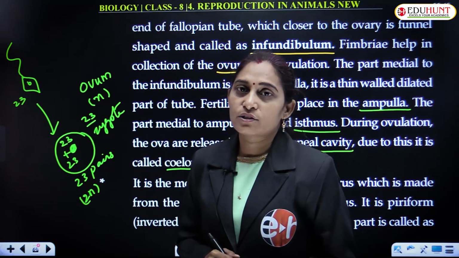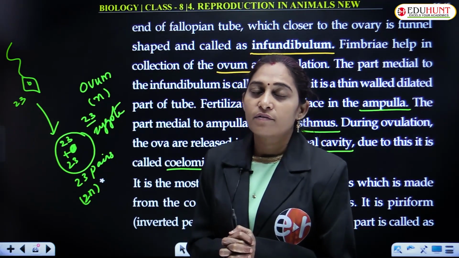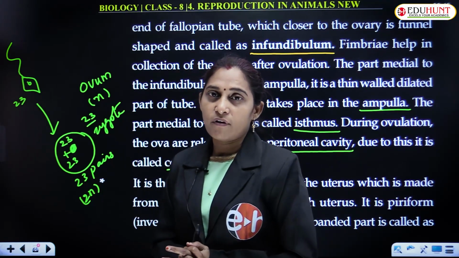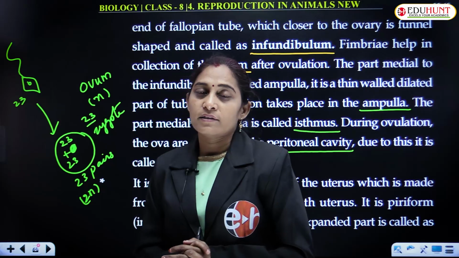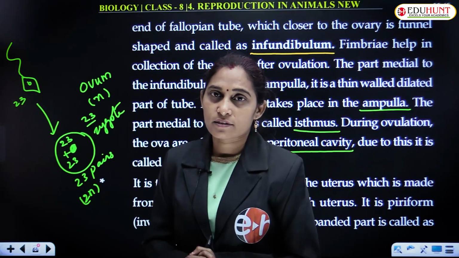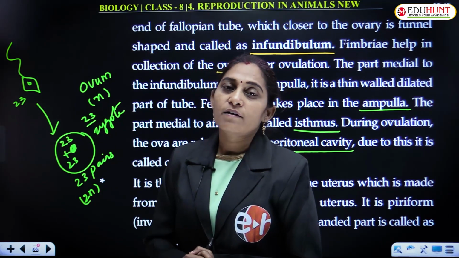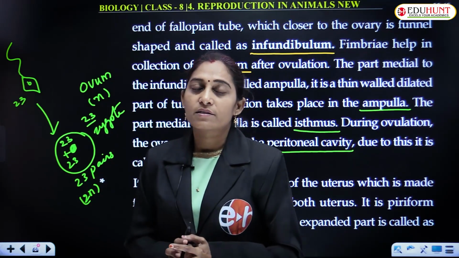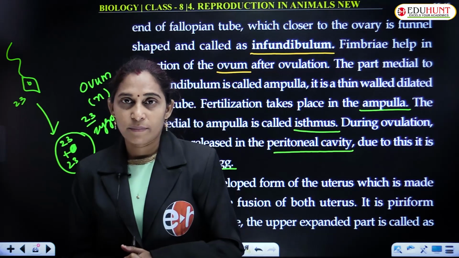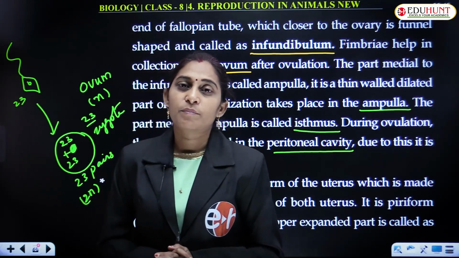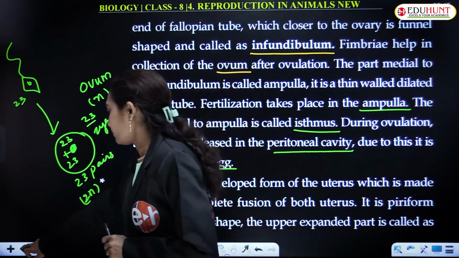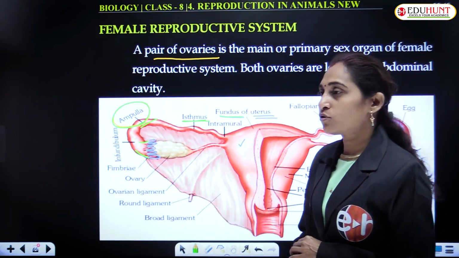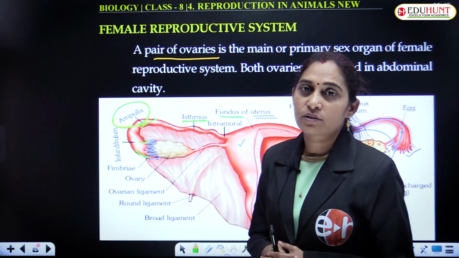This is the structure of the female reproductive system: the primary and secondary sexual organs, and the site of fertilization, that is the ampulla in the fallopian tube. These are quite common, basic questions asked in NEET kind of examinations. You just remember the structure. If you remember the structure, it is quite easy to answer the questions based on this concept.